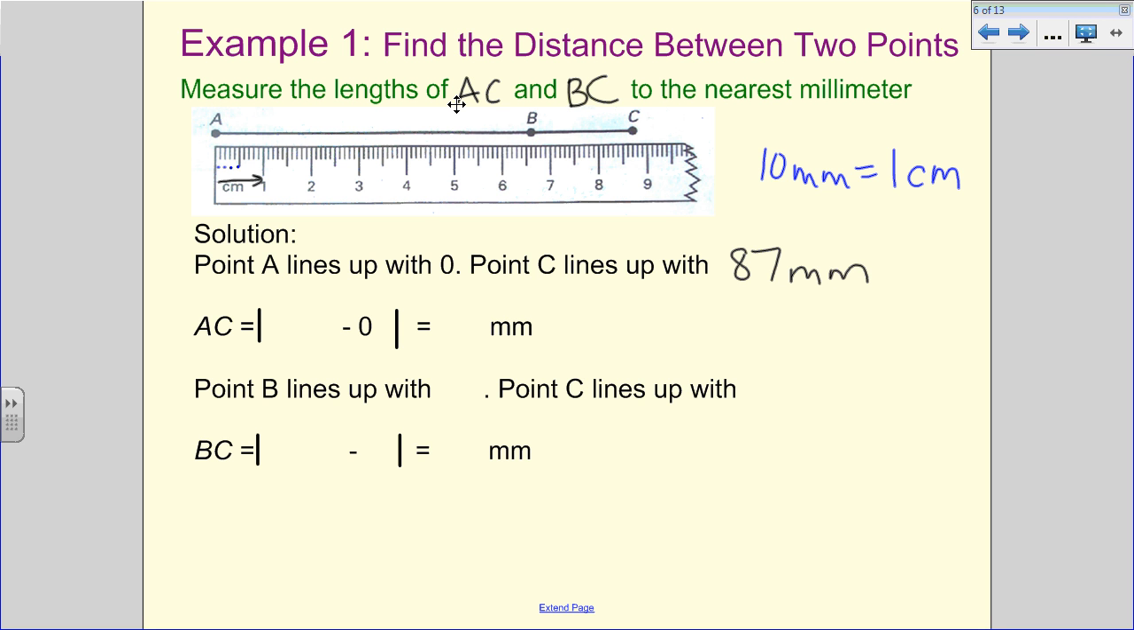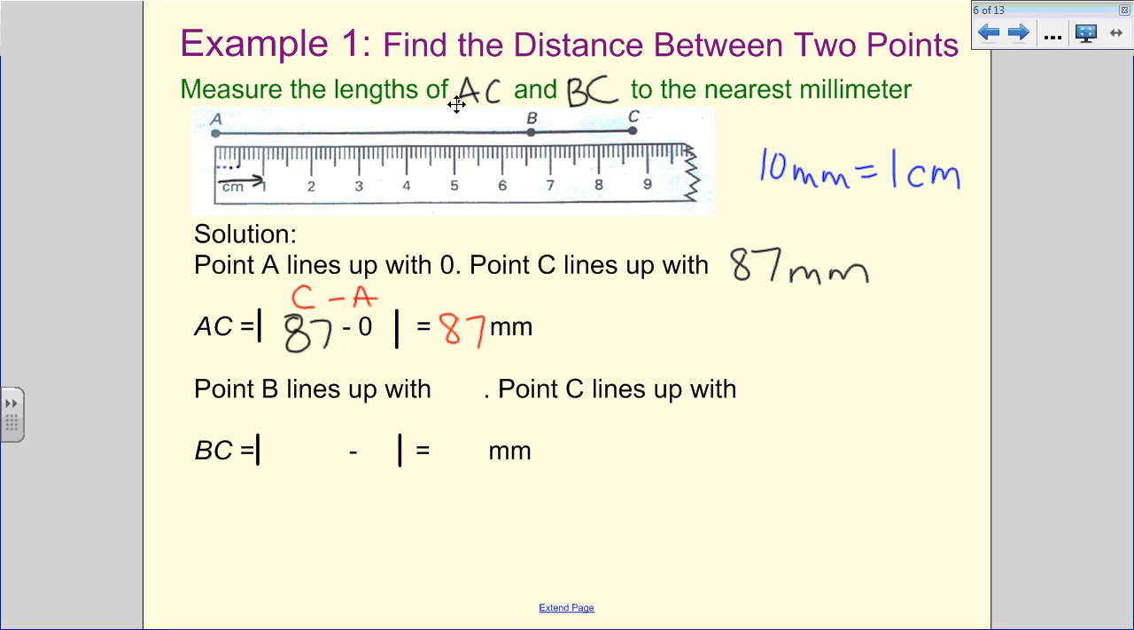So to find the distance, I take 87 minus 0. I took C minus A. These brackets are for our absolute value. 87 minus 0, the absolute value of that is just a positive 87